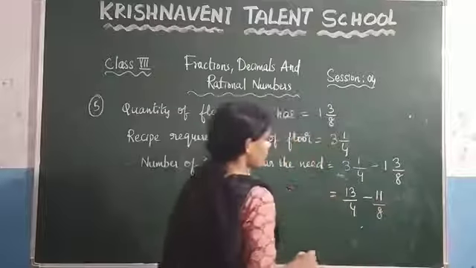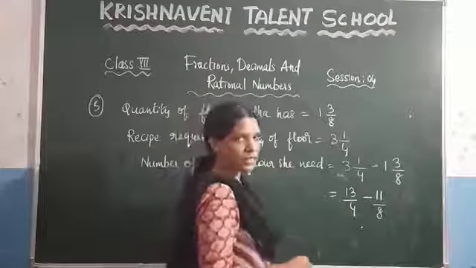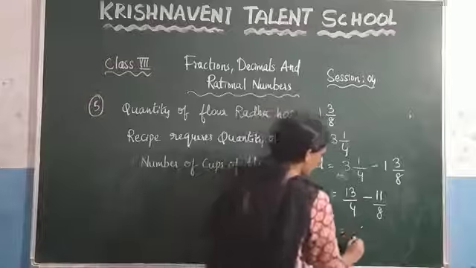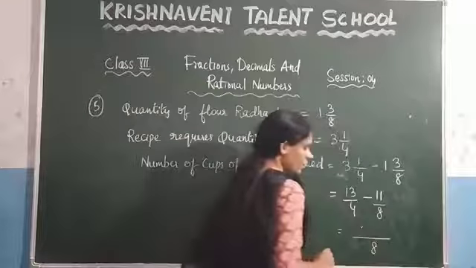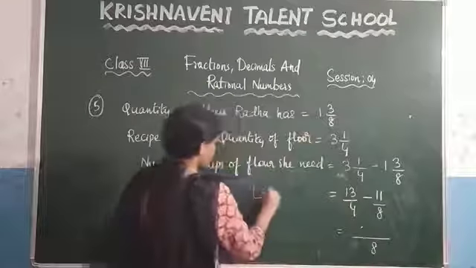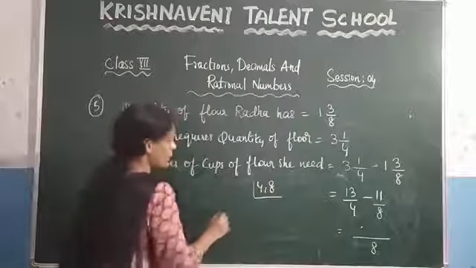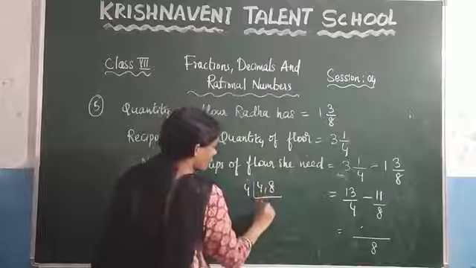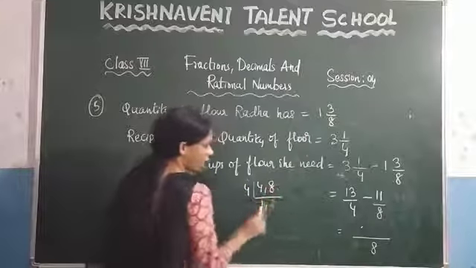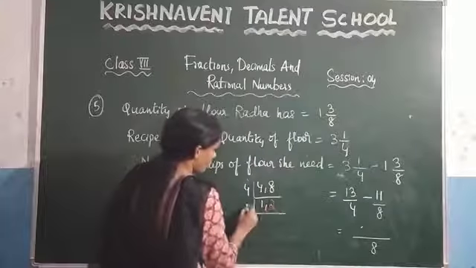Now again what do we need to do? We need to take the LCM of 4 and 8. You know that the LCM of 4 and 8 is 8. And after that, if you want to do it here, 4 8. In the 4 table you will get both these numbers. So write it here. 4 1s are 4 and 4 2s are 8. And similarly, what is the number left out here?